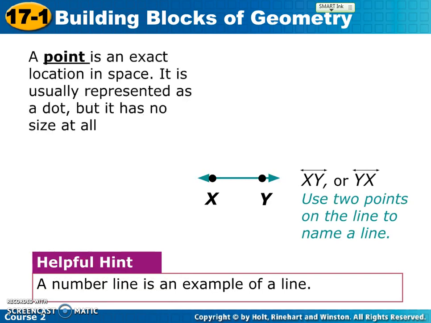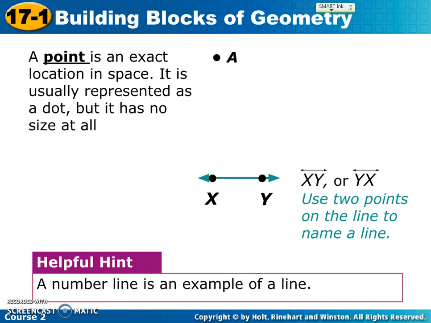Alright, here's our first vocabulary word that you'll notice is on your chart on the left column. Here's a point. The definition of a point is an exact location in space. Okay? It is usually represented as a dot, but a point has no size at all. On the next column, here is our